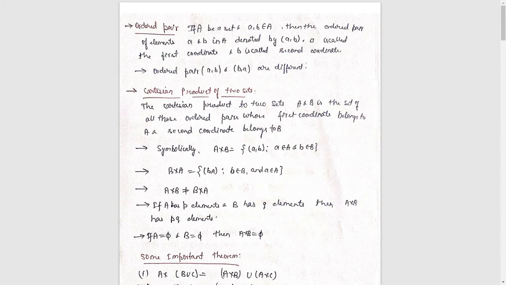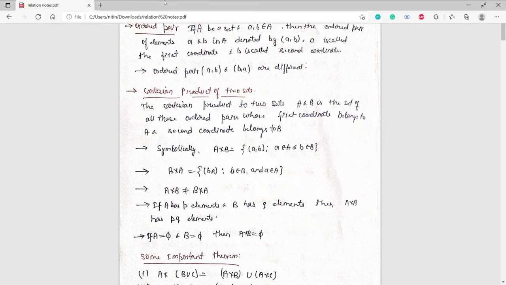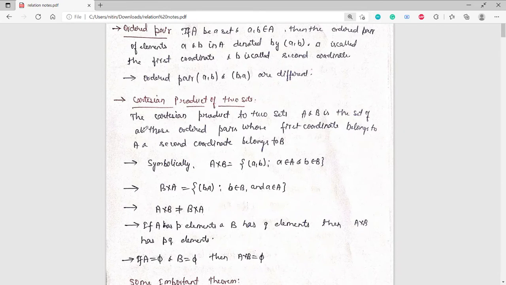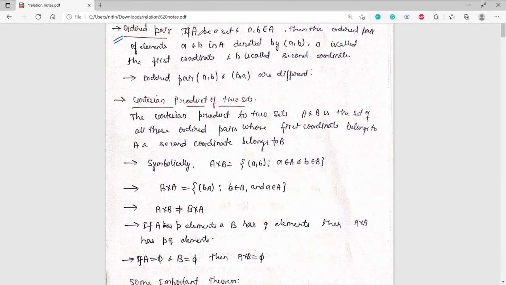So now I will start with relations. We have already done what a relation is in set, then we will start with the relation, then we see the function and a lot of problems related to relation and function. Okay, so before starting, let us study what we mean by the ordered pair. Just keep the word in mind and then we'll see what an ordered pair is.